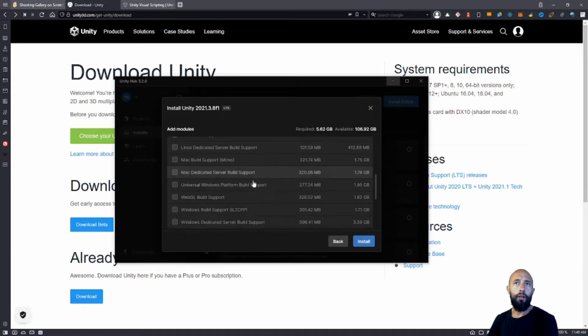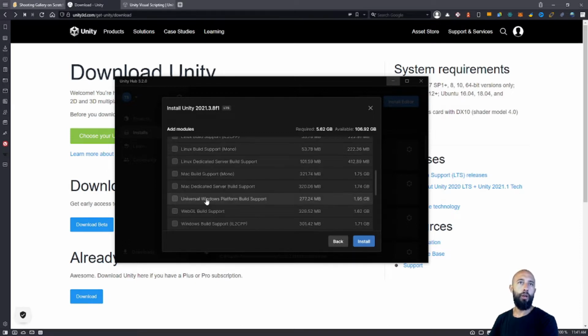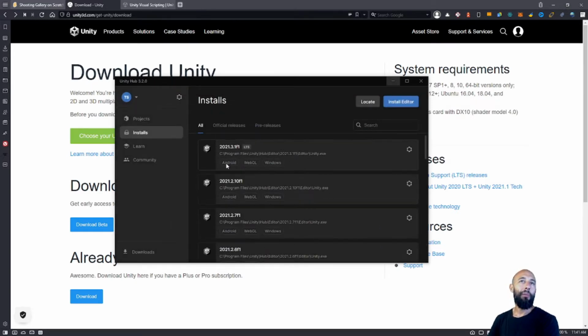And here in these options, you can see that you have a lot of platforms. When you are installing a new Unity version, you need to install modules for each platform that you intend to build your game for. So for example, if you are building a game for Android, you need to install Android build support, same for iOS build support, then you have Linux, Mac, Windows. And in this case, the only one that you are going to need is the WebGL build support, because we intend to publish our game at the end as a WebGL web build, just like Scratch runs on the web. We want our game to run on the web too. So select this one and install the Unity version. I'm not going to install it because I already have a bunch of them installed. But after that,